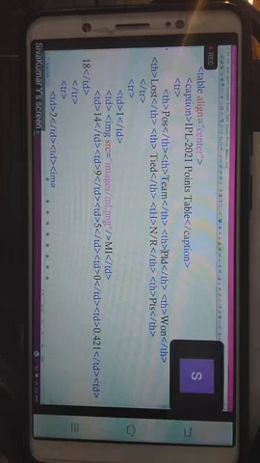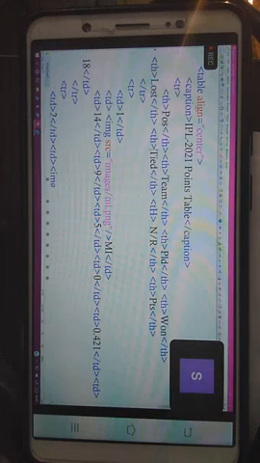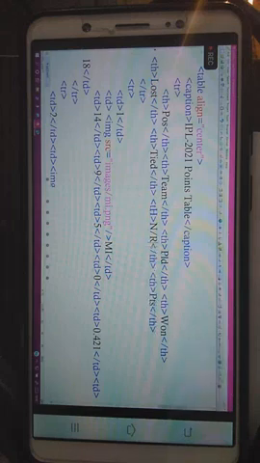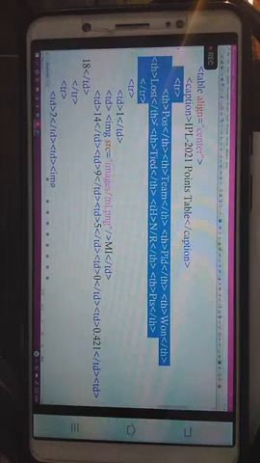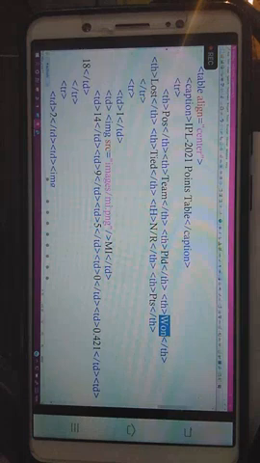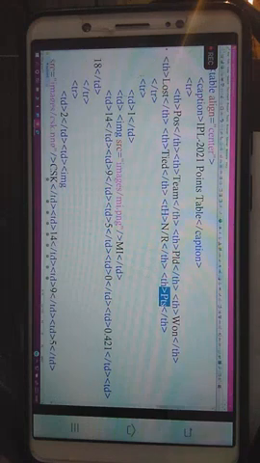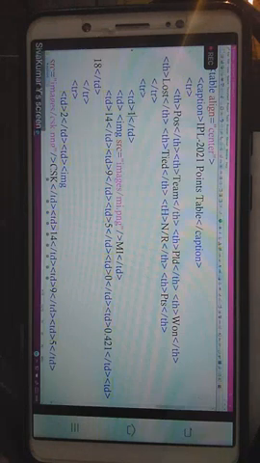Team name, matches played, matches won, lost, tie, and net run rate and points. Maybe headings. So what is the team position currently? Name of the team, how many matches they played, how many they won, how many they lost, how many tied, and what is the run rate and points. Total 8 columns. Next, data, TR, TD, position 1, TD, MI,